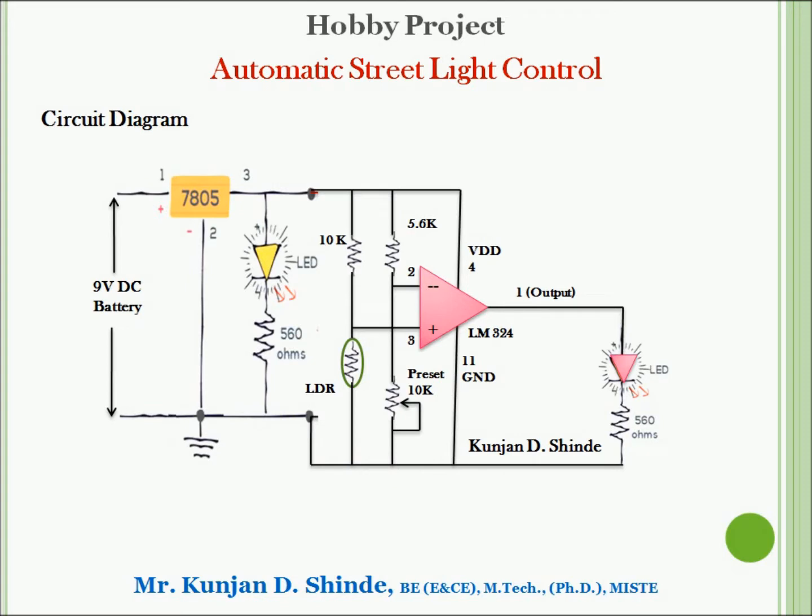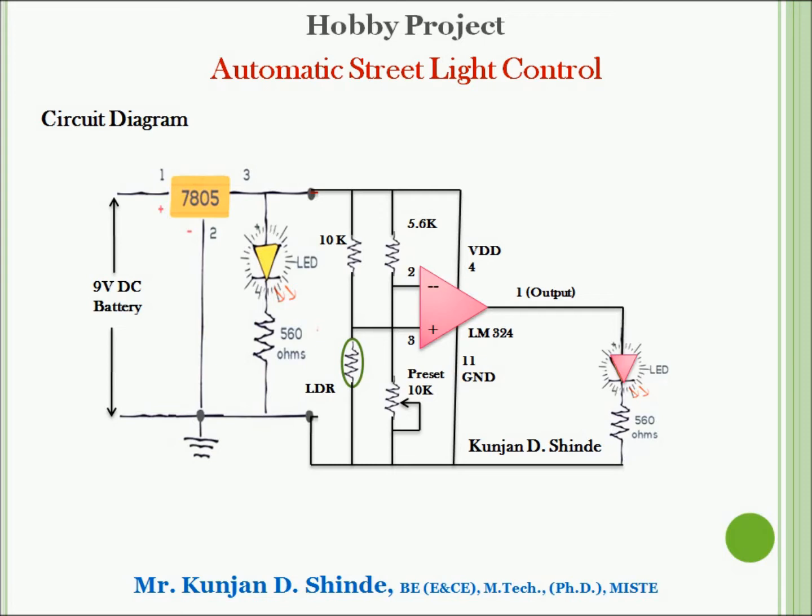We can see that there is a 9 volt DC battery which is given to the 7805 regulator IC. Here the 7805 regulator IC converts a 9 volt DC to a 5 volts constant DC supply. In order to indicate this supply, we are making use of a LED and a 560 ohm resistance. Now this output of a regulator IC is given to the LM324, which is a comparator IC, to the pin number 4. Pin number 11 is grounded of LM324